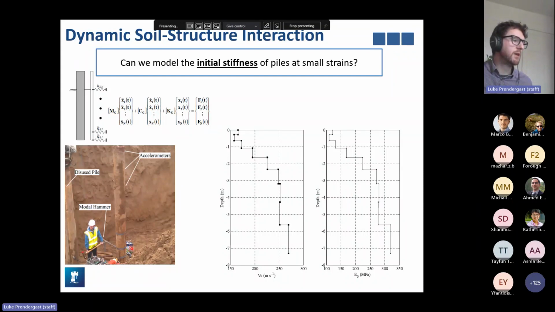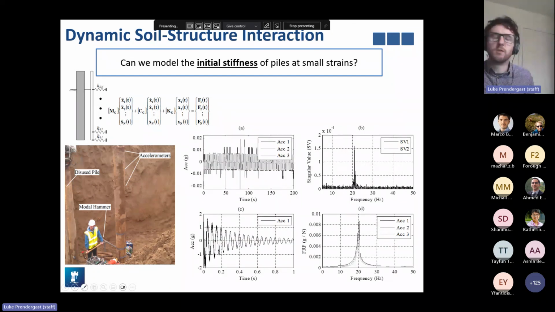So we did a literature survey. This was a number of years ago, and it yielded that there are a number of different equations we can use. So I'm going to discuss those momentarily. But before I do, I want to give you an indication of what the data looks like when you impact test a pile. So first thing we did was just place accelerometers on the pile and then switch them on and just ambiently measure the vibration response.